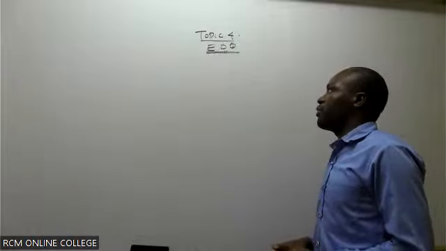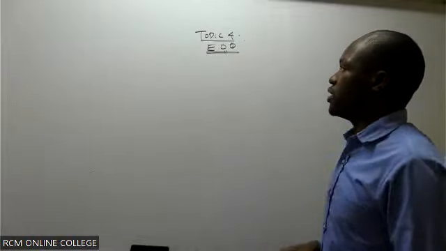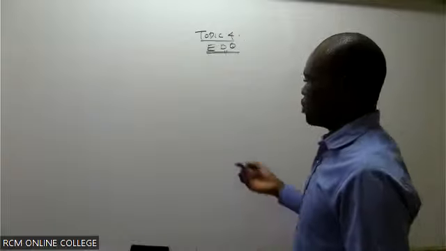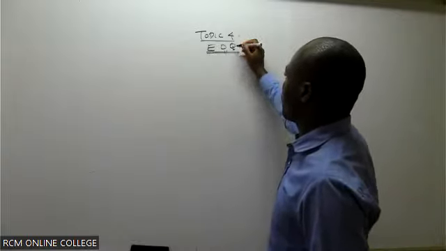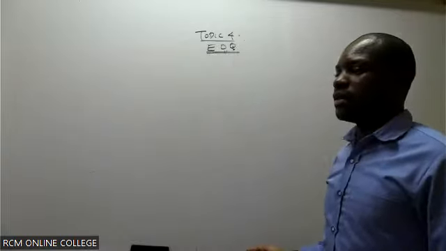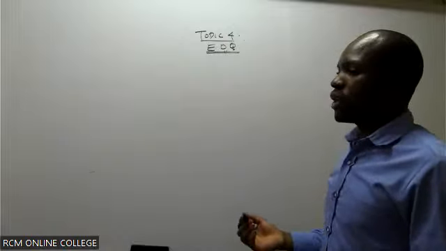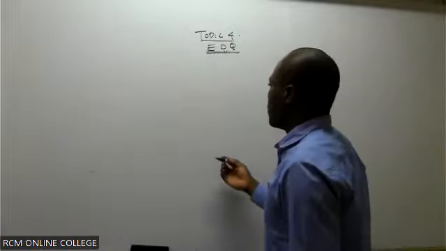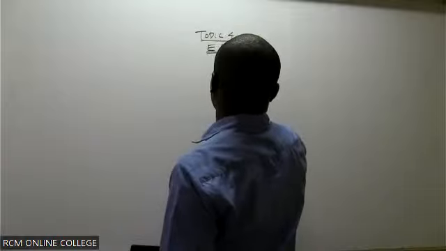Of topic number 4. So when you talk about economic order quantity, this is the quantity at which the company is trying to minimize the total cost incurred to take care of these goods. Remember, if you want to look at the cost of stock,